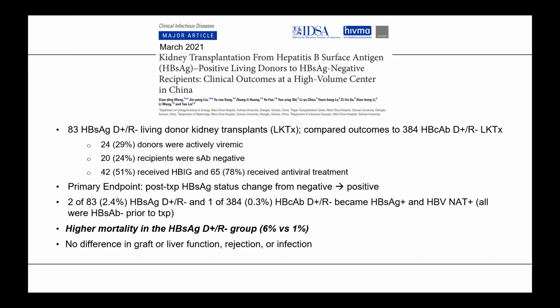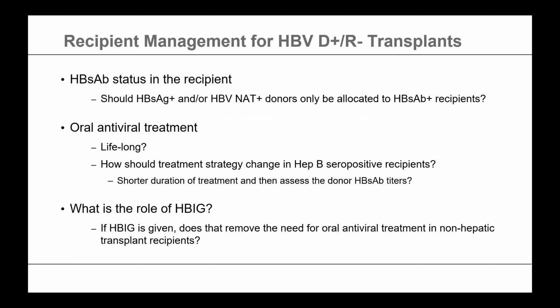And we have more data that's come out in 2025 from our Duke colleagues, as well as our colleagues in Edmonton, that continue to show that this is feasible and can be done in thoracic organs as well. But there are a number of questions still out there in terms of how we manage the recipients in these cases. Hepatitis surface antibody status in the recipient: how should that impact what we do or don't do in terms of treatment? Should we only be accepting these organs for Hep B surface antibody positive recipients? Probably not. We can manage these in Hep B surface antibody negative recipients, though we should be trying to vaccinate all of our recipients, of course, but we know that not all mount a good, robust response.